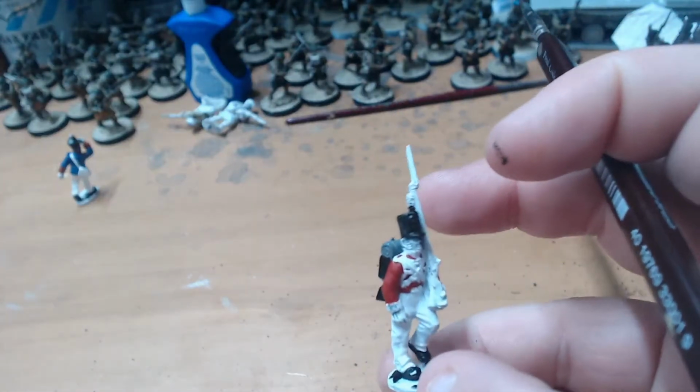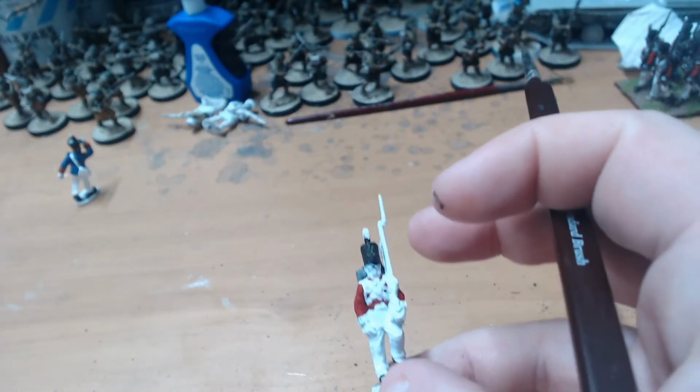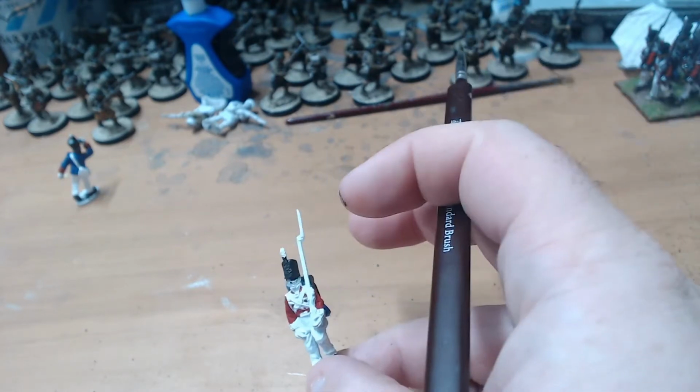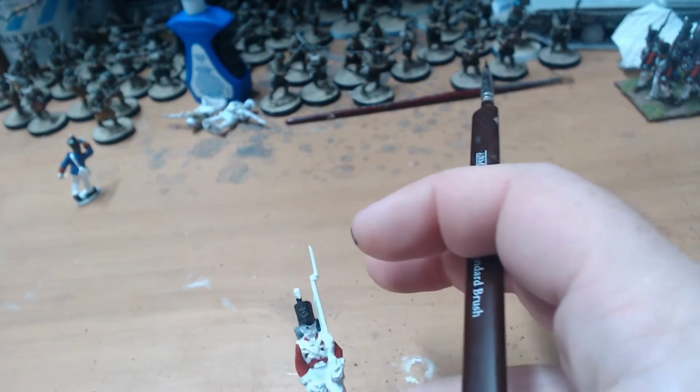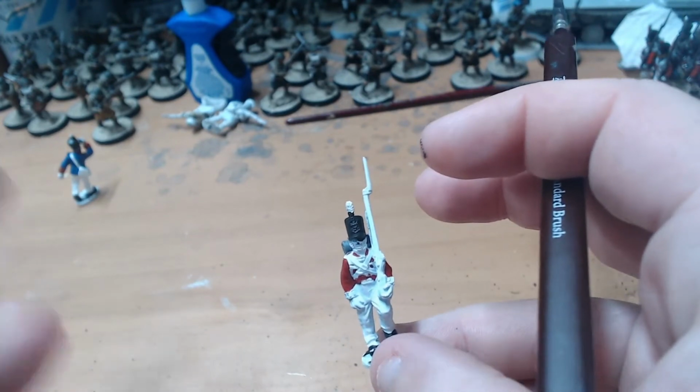If you're eagle-eyed, you'll notice that I'm actually filming these two videos back to back. I'm going to publish the artillery first and the infantry second. So if you want to see how to paint a British foot artillery miniature, check out that video